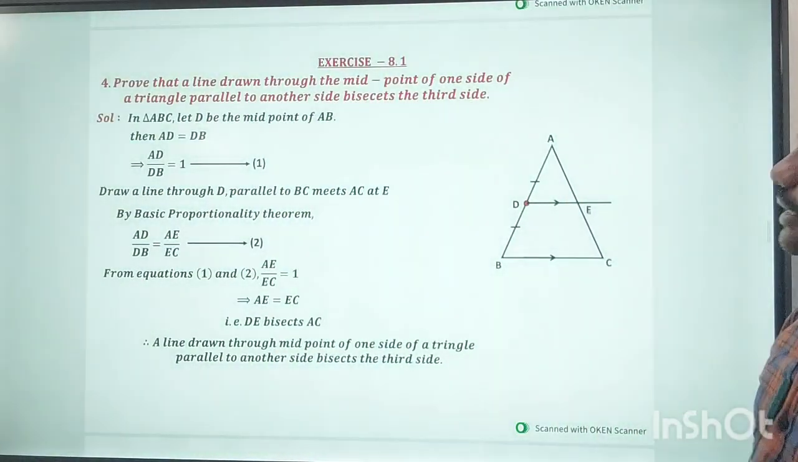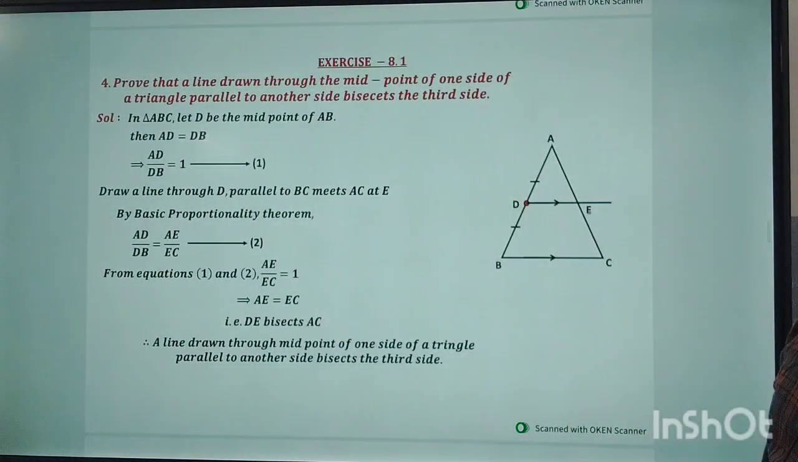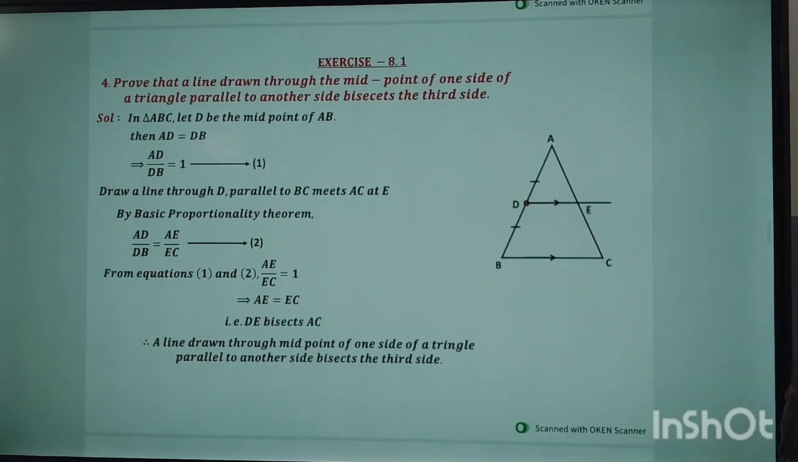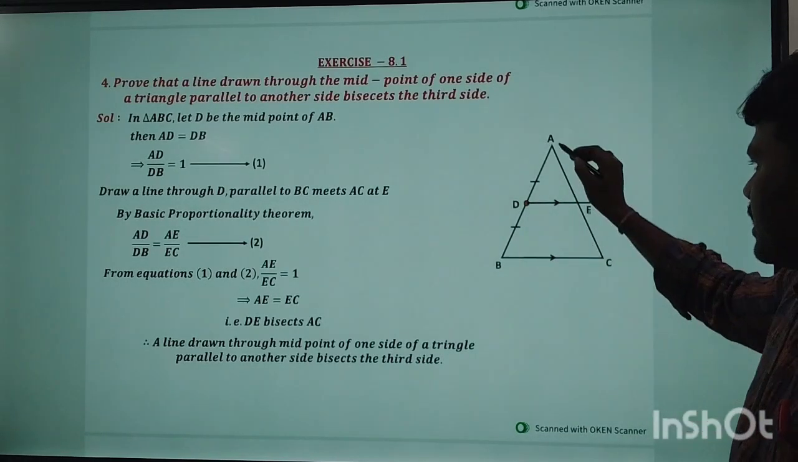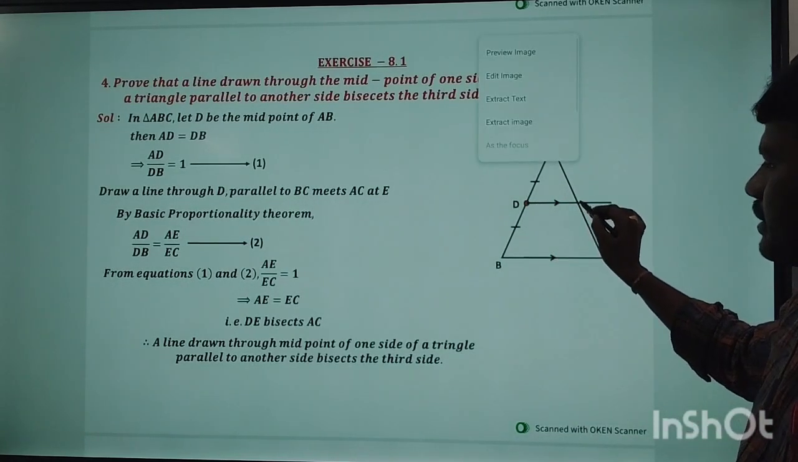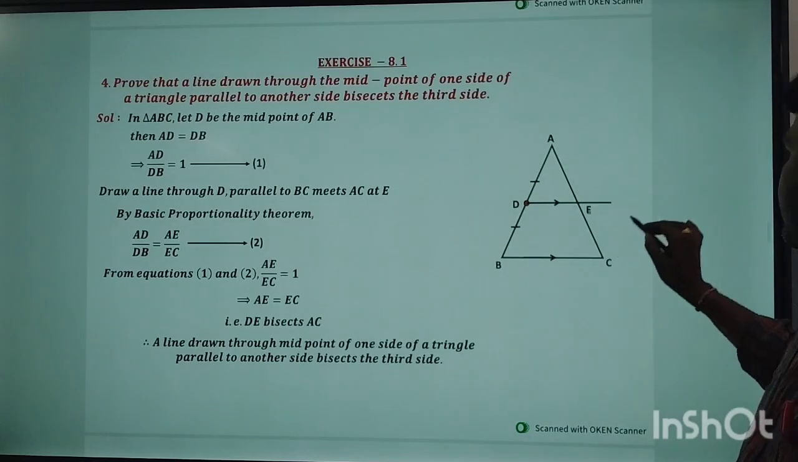Prove that a line drawn through the midpoint of one side of a triangle, parallel to another side, bisects the third side. See, this is bisecting the third side. Okay. Now,